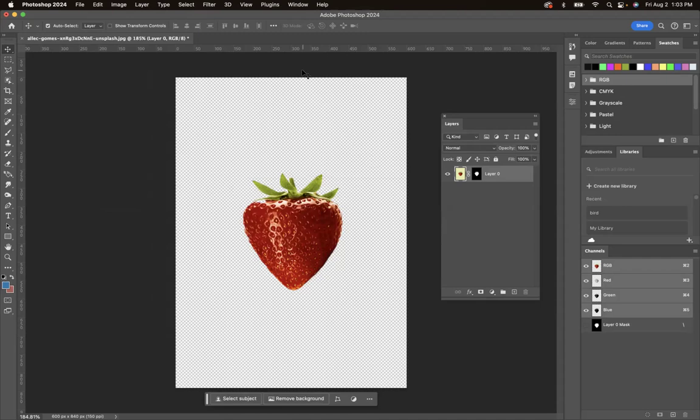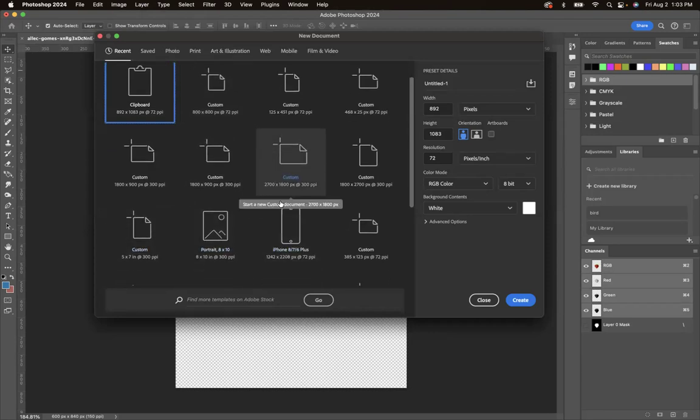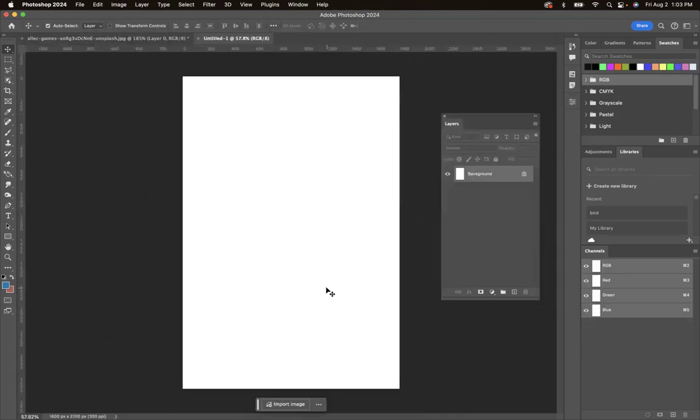The next thing is let's see how this pattern can be applied. So I'm going to create a new document. And let's use a pretty large size here. So 18 by 2700. So there is my document here. And I'll just show you how this works. So if I want to